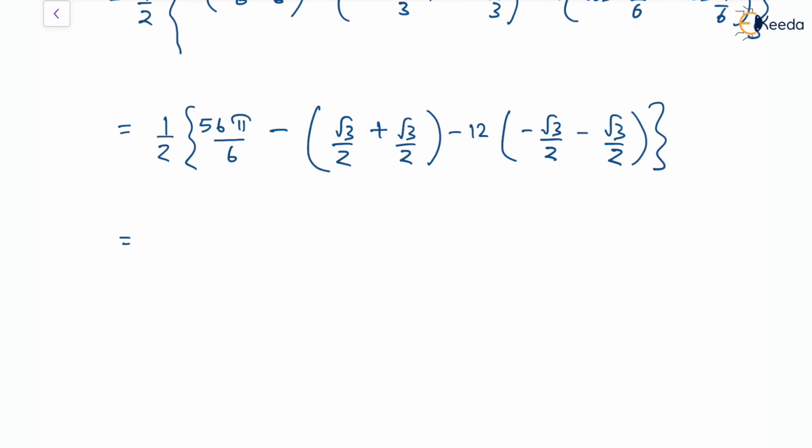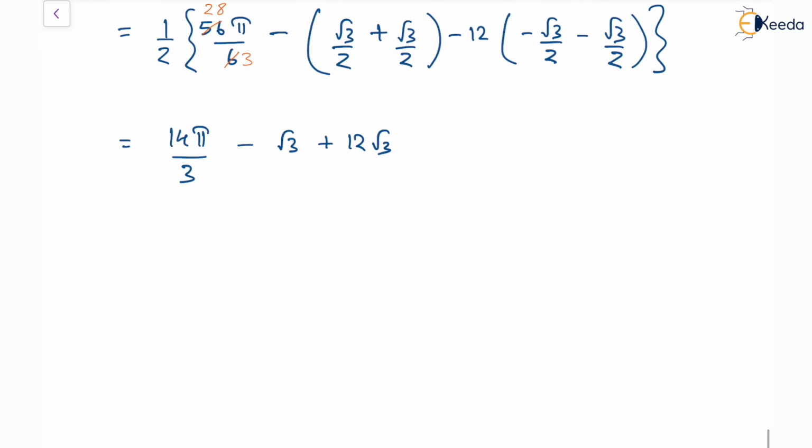If we reduce this further, taking 2 as a common factor, this is 3, this is 28, and with the 1 by 2, this becomes 14 pi by 3. So overall this is minus root 3 minus, and minus plus 12 root 3, so that will be 11 root 3,